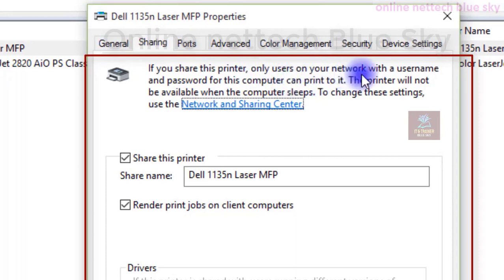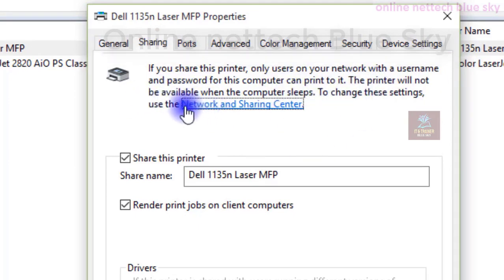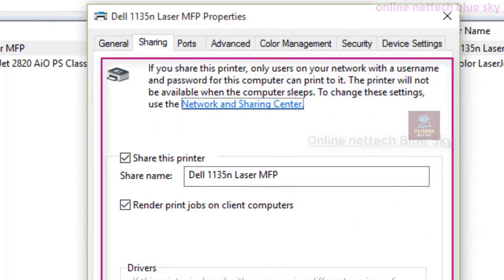If you share this printer, only users on your network with the username and password of this computer can use it. The printer will not be available when your computer sleeps, and you can change these settings. This is very important for your computer and network environment.